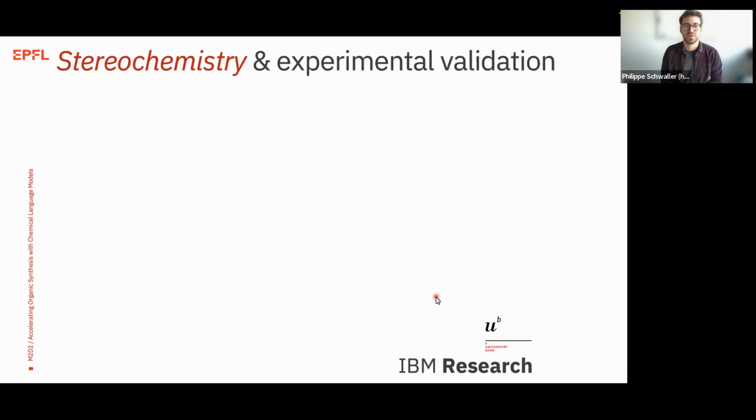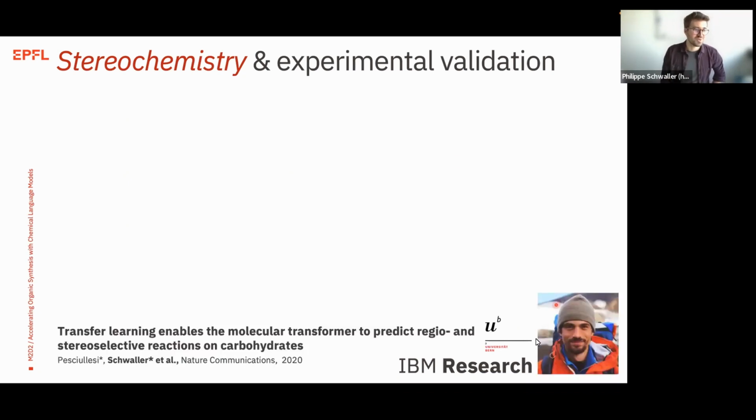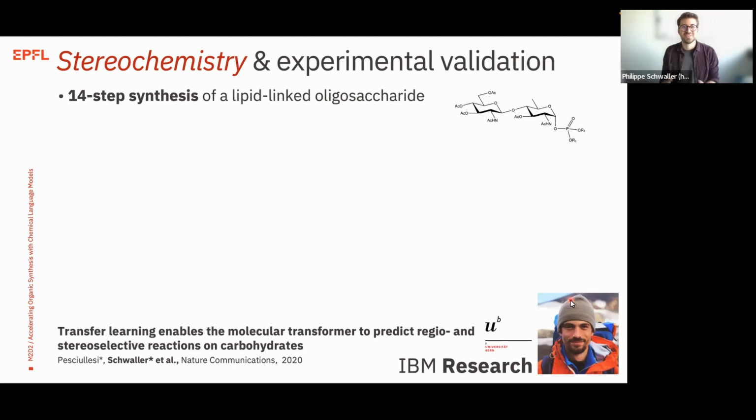And two things that were obvious to us were stereochemistry. Stereochemistry was one of the weaknesses of the molecular transformer and not handled at all by graph neural network-based approaches. And also experimental validation had never been done for those reaction prediction models, and at least not the new ones. And that's when I teamed up with Giorgio that you see here. He performed the 14-step synthesis of a lipid-linked oligosaccharide, and we used transfer learning approaches to learn to predict a very challenging reaction class,